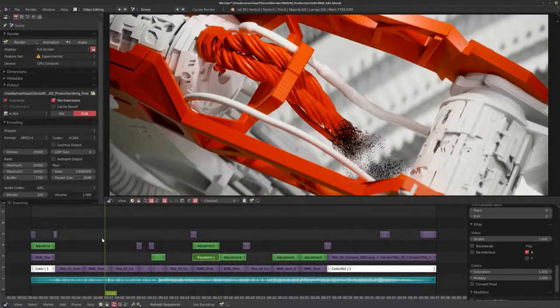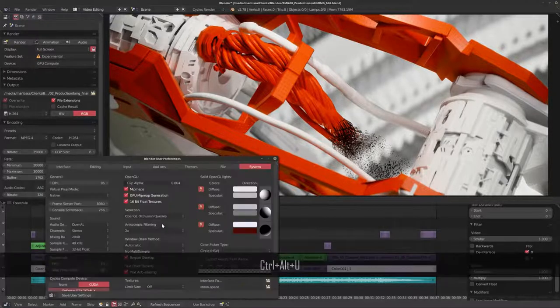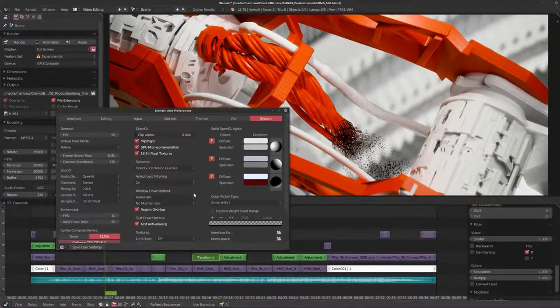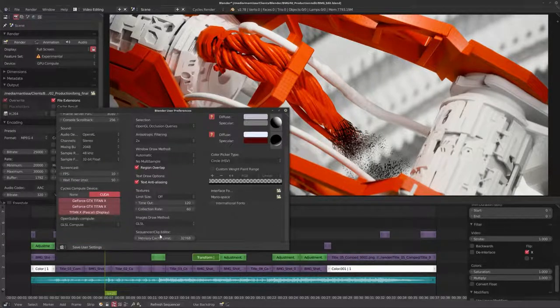Now, there are other alternatives, especially on Linux, that you could use, like Kdenlive or OpenShot, and I actually started this project in Kdenlive, but I ended up moving over to the Blender editor because I found it to be a little bit faster. Now, something that's very important is if we go into the user preferences, down here we have a sequencer/clip editor memory cache limit.